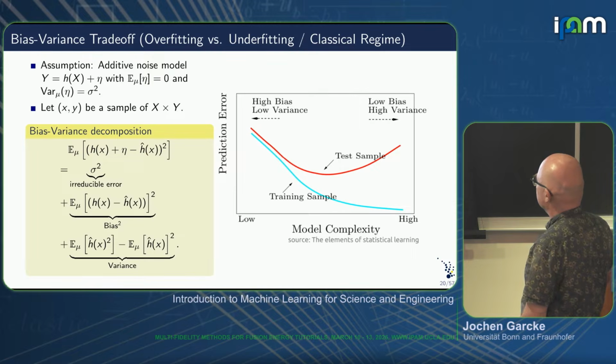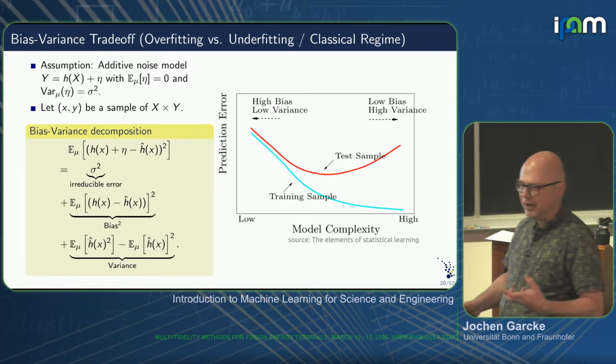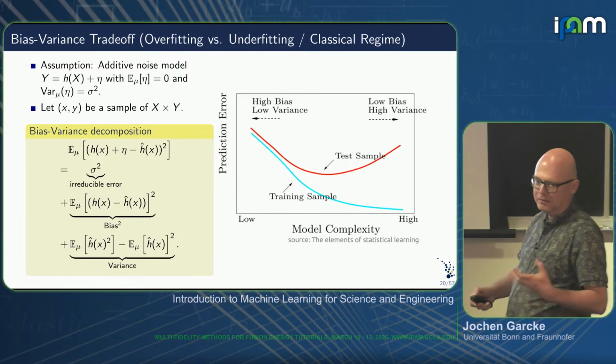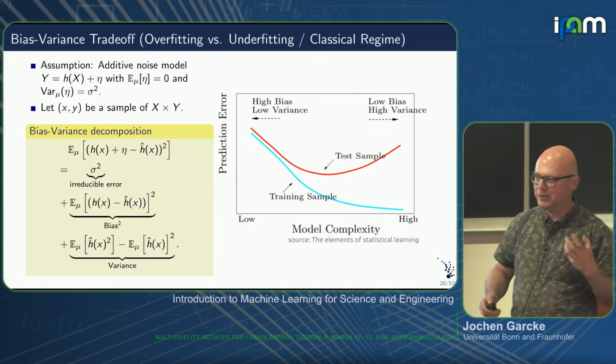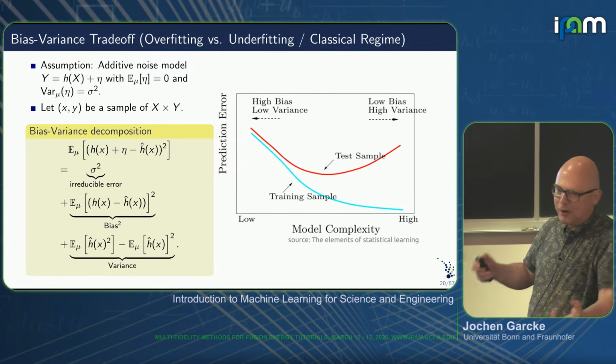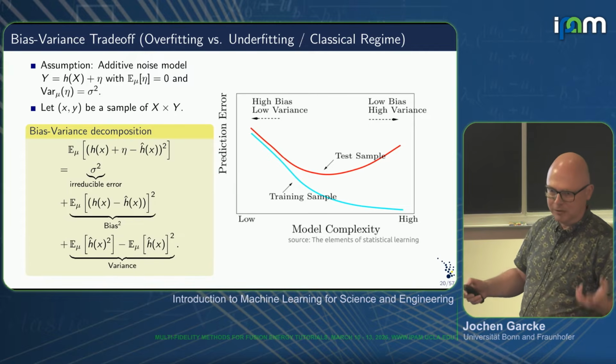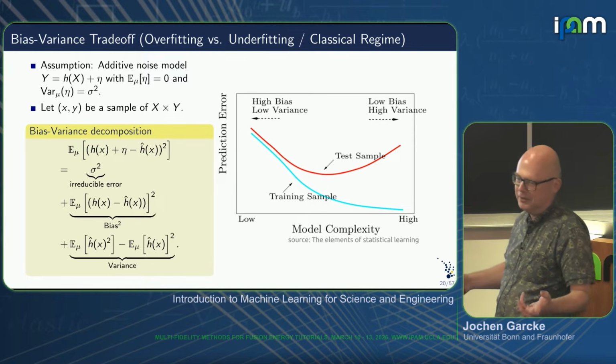Classically, one thinks about the ideal scenario, where the training sample error goes small. But if you have a small error on the training data, it doesn't tell you anything. It's no problem to find a machine learning model with a small error on your training data. Essentially, if you memorize your training data, you have zero prediction error on it, but that's not what you're after.